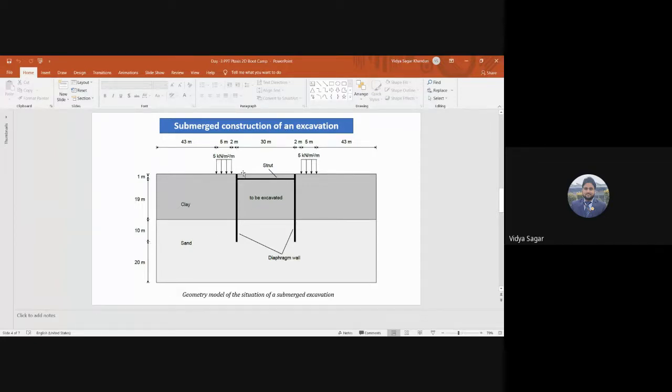We have to excavate this area to fit the tunnel here after excavation. We'll use the strut here, and we assume that a load is also coming from this side. The distance is already given here. 30 meters is the width, and the depth is again 19, then 30 meters also the depth.